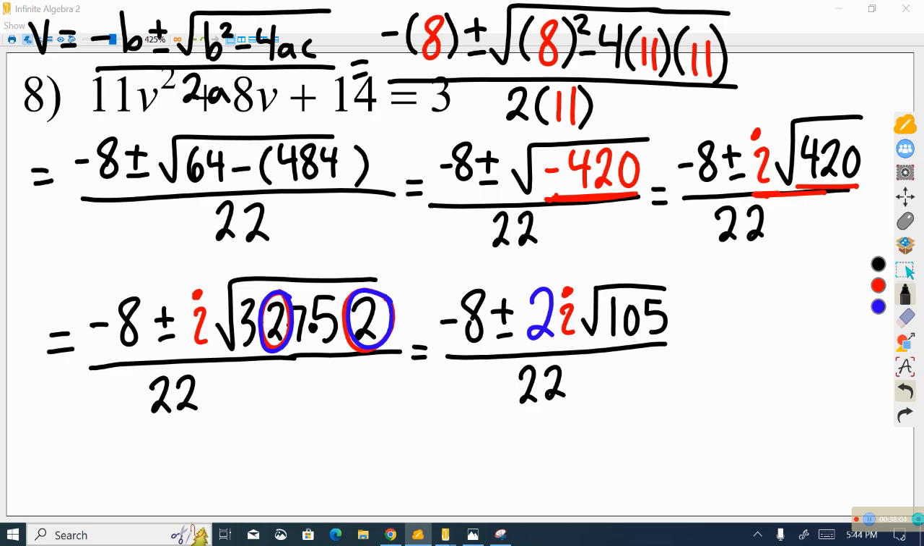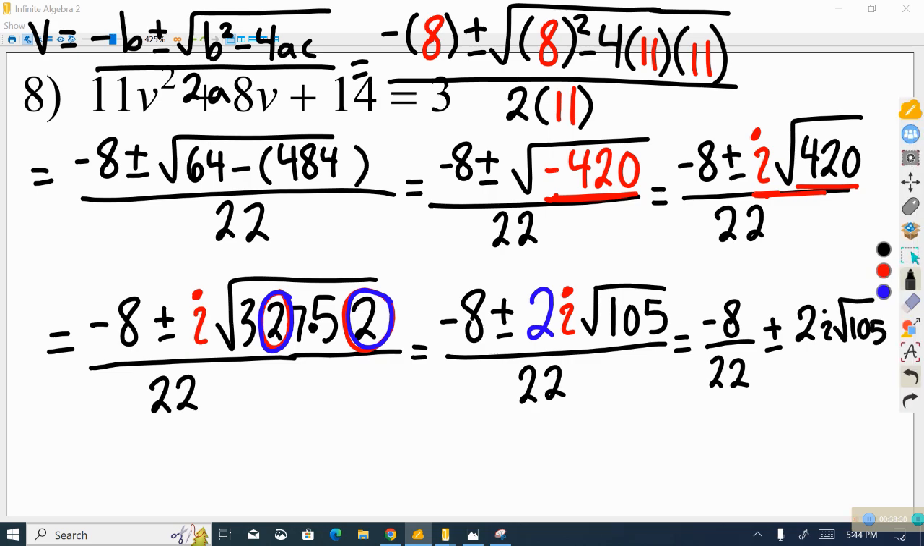You guys want to get used to, again, persevering through these problems. As we did earlier, we can see that there's a way that we can simplify these numbers a little more by breaking them up into 2 pieces. We could do that: this is -8 over 22 plus or minus 2i times the square root of 105, and that divided by 22 also. So we just broke that one fraction up into 2. So we'd want to continue breaking this down,